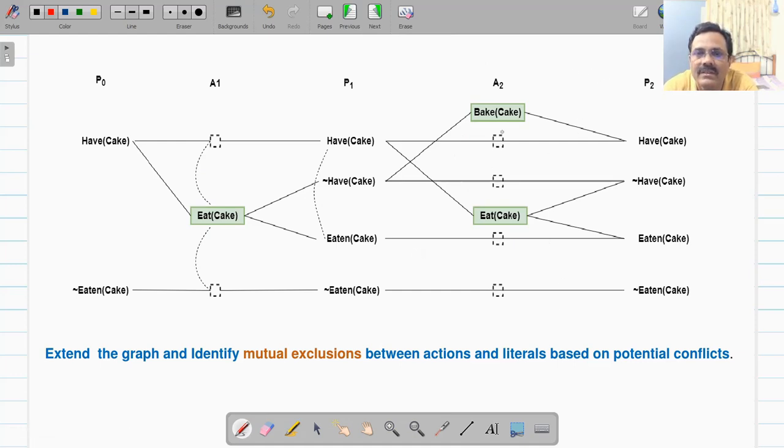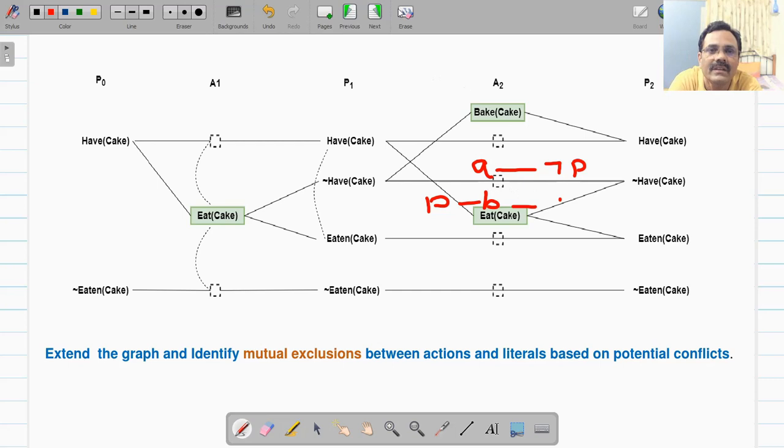For example, if you have action A and its effect is not P, and another action B whose precondition is P. That is, one of the effects of action A, which is not P, is the negation of the precondition of another. So B requires P and A's effect is not P. So whatever the precondition for B is, A, if you execute it, will negate that. Therefore A and B cannot be executed at the same time.